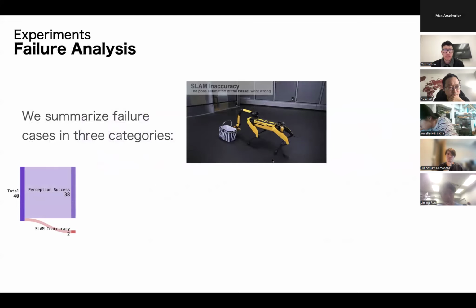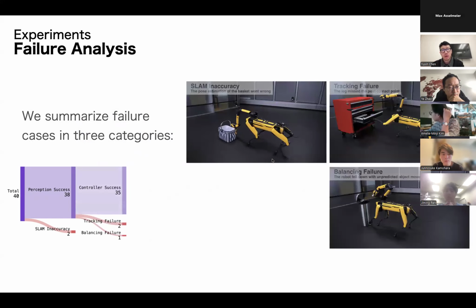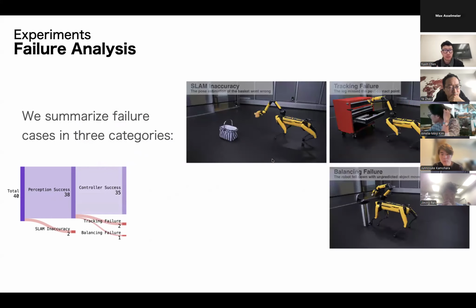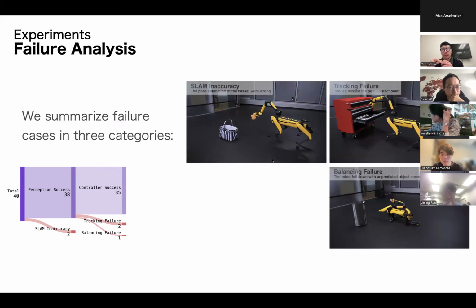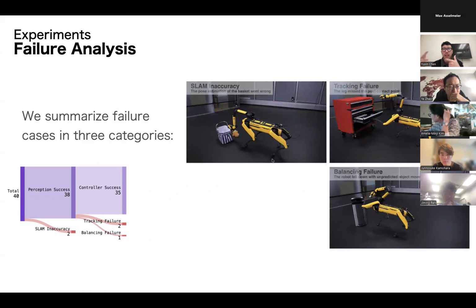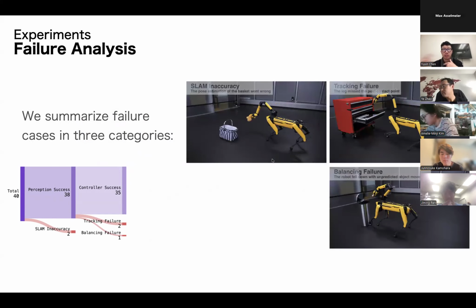And here are some failure cases. In most cases, it either failed because of SLAM accuracy. There are some misalignments between the 3D mesh of the perception, or sometimes we have controller failures, especially when the robot has a very large interaction force with an external object.